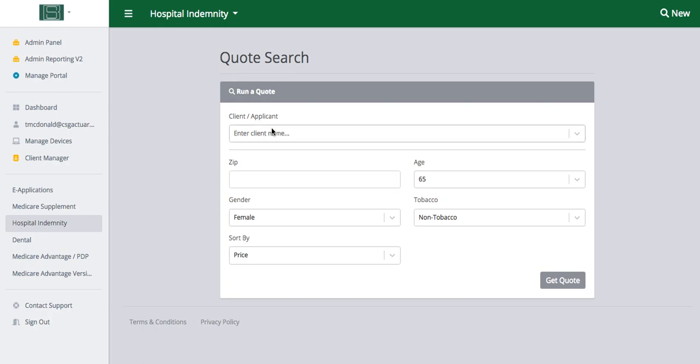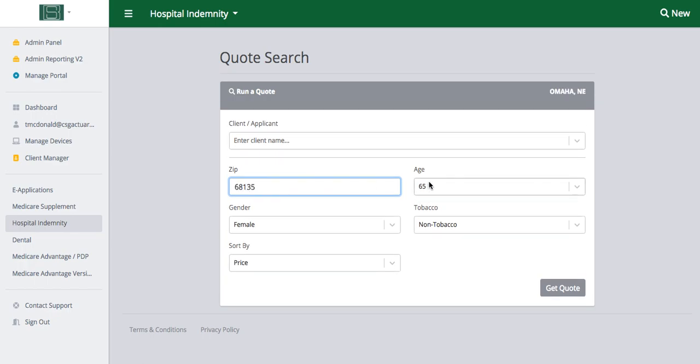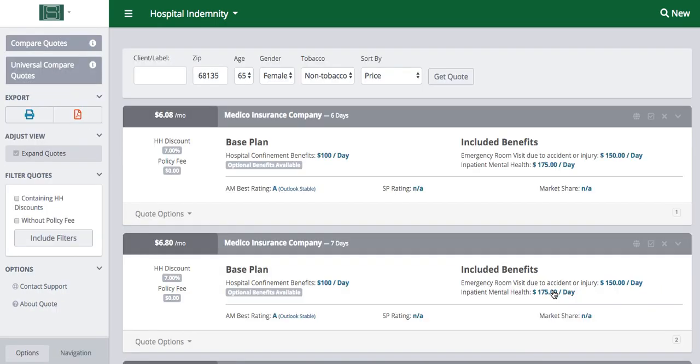We can then either select a client from our dropdown, create a new client by entering the client name, or do a quick quote by entering their zip code, selecting their age, gender, tobacco status, and how we'd like to sort the results by. We'll go ahead and hit Get Quote, and we'll see all of our plans available here